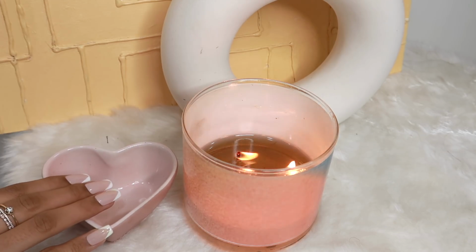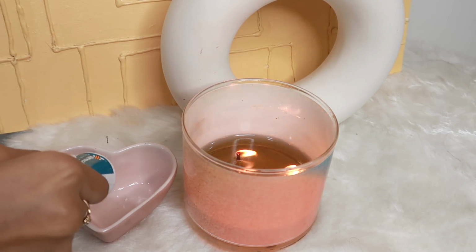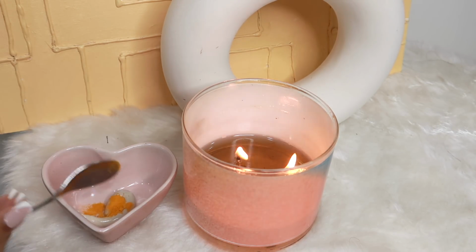So for this, the first thing that we're gonna need is some toothpaste. The one that I'm using is by Himalaya. So I'm just gonna squirt a little bit out, and then we're just gonna do a pinch of haldi, turmeric,